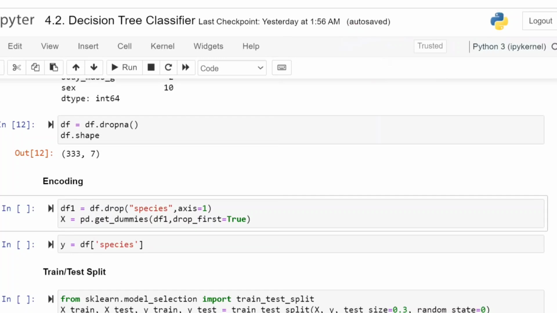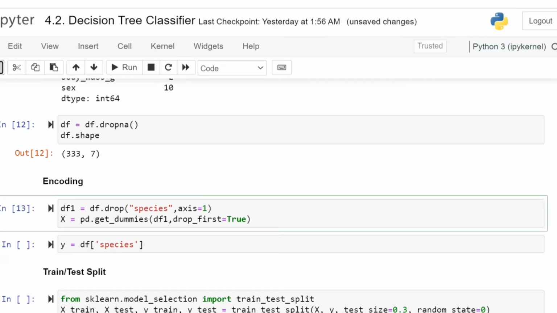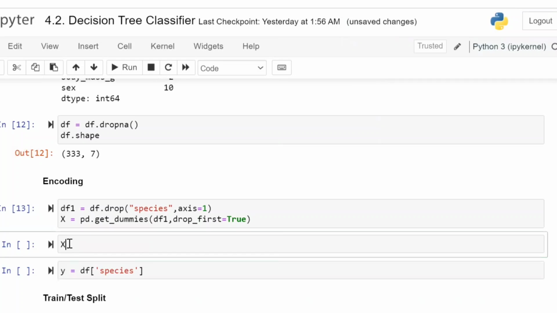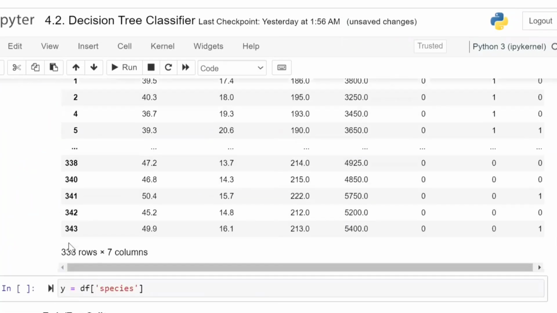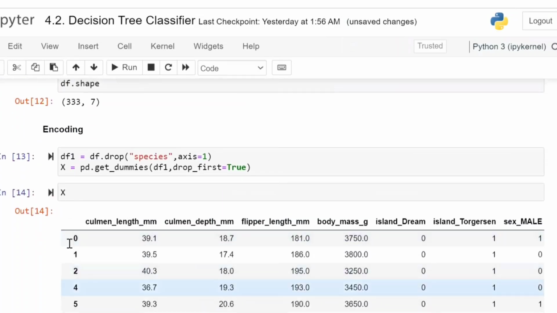What type of encoding? Nominal encoding, which is nothing but dummies. So I'm going to do the dummies. After doing the dummies, now let us open the X variable. Now bill length is as it is, bill depth is as it is, flipper length is as it is, body mass is as it is. I'm not going to touch these 4 columns. Total input data consists of 7 columns. Out of 7 columns, 6 of them are input and 1 is output.